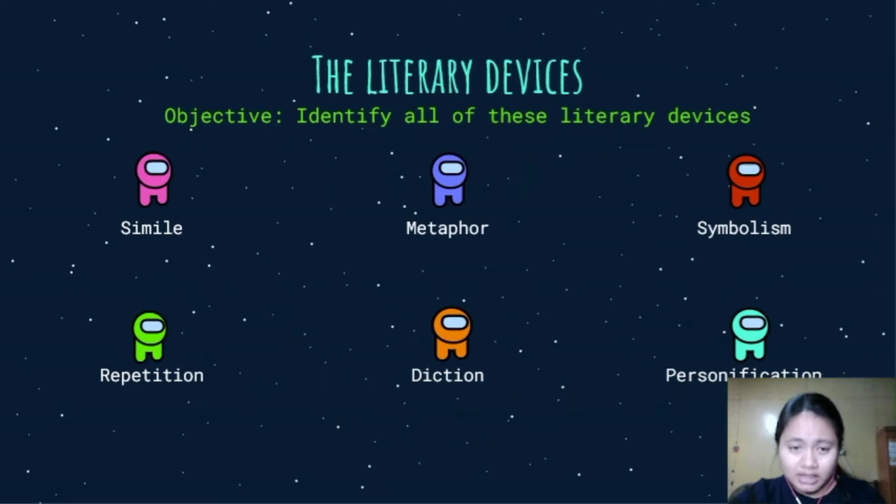Moving on to the next slide. Here are the literary devices that I'm going to look at, and I'm going to explain them thoroughly with you. Today's objective, the objective of today's mission, is to identify all of these literary devices: simile, metaphor, symbolism, repetition, diction, and personification. Of course, these are only a few of the literary devices that you've seen